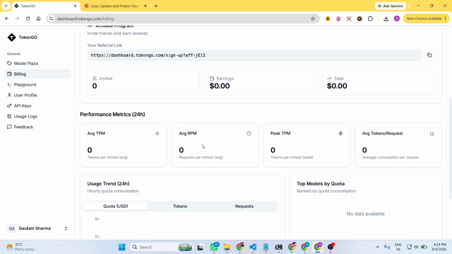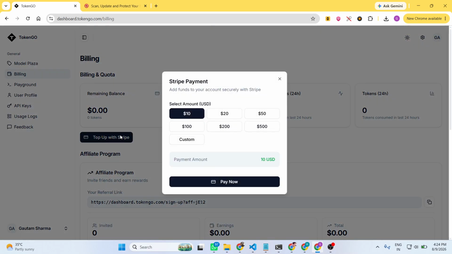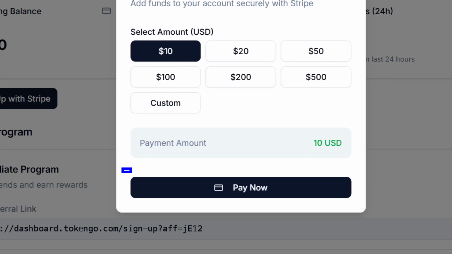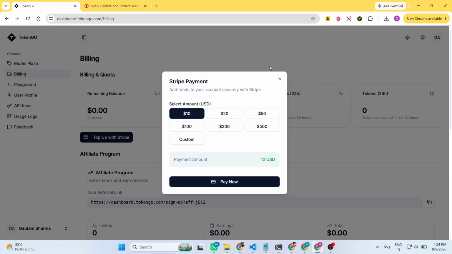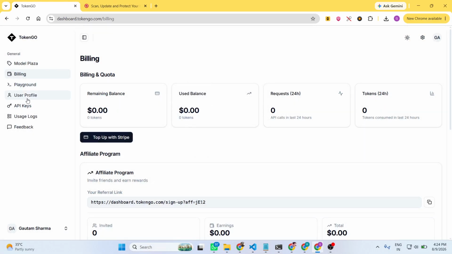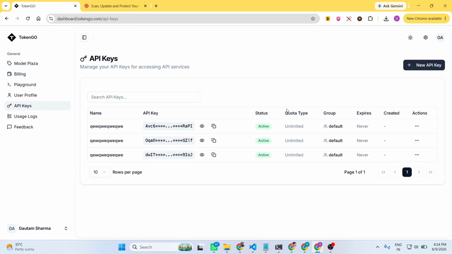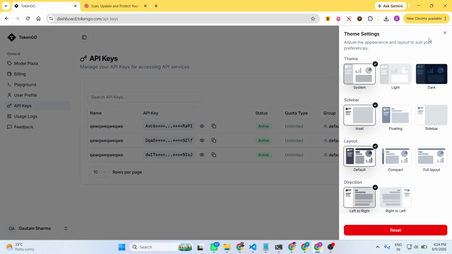Unfortunately, it doesn't give you some credits once you sign up here, so you do need to top up using Stripe. Simply mention the amount and then open credit card and simply top up. After that, you can create an API key. As I already created this, so it's very simple. The interface is quite simple of the website